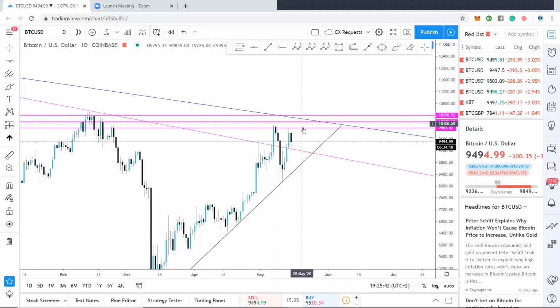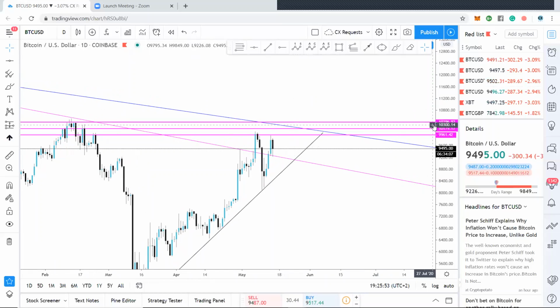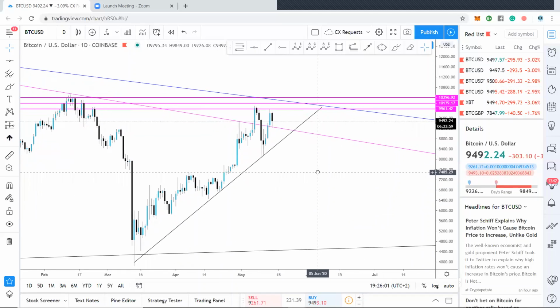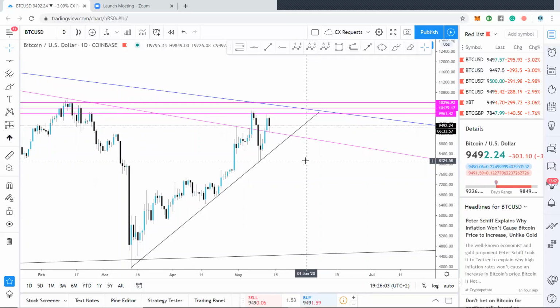We get above this resistance clutter and, of course, the entire downtrend or the entire bearish market, then BTC USD will probably have another huge rally and the bulls will probably have a very nice prolonged upside period that they can enjoy. For bears, I would say that if they want to regain some sort of control again, of course,